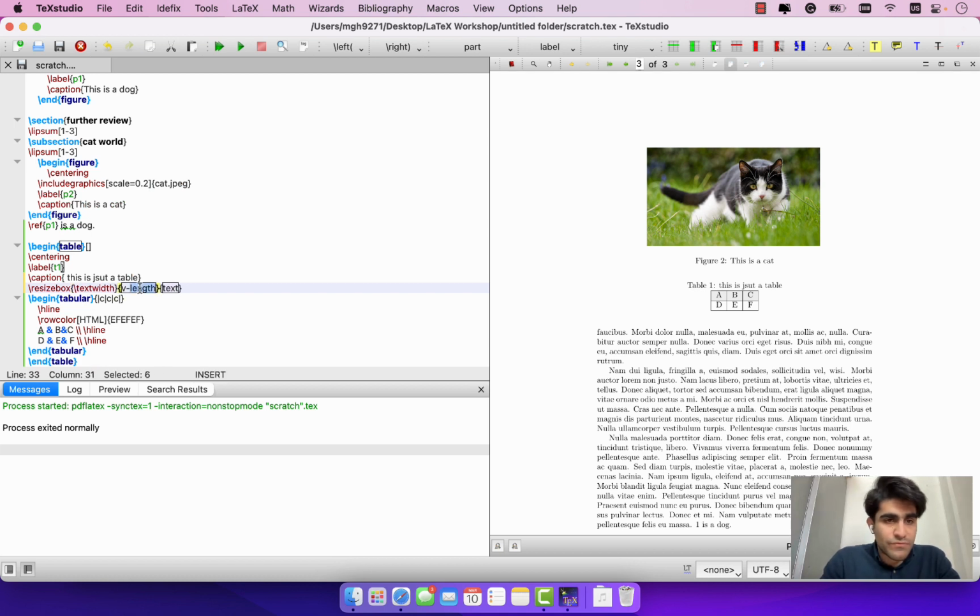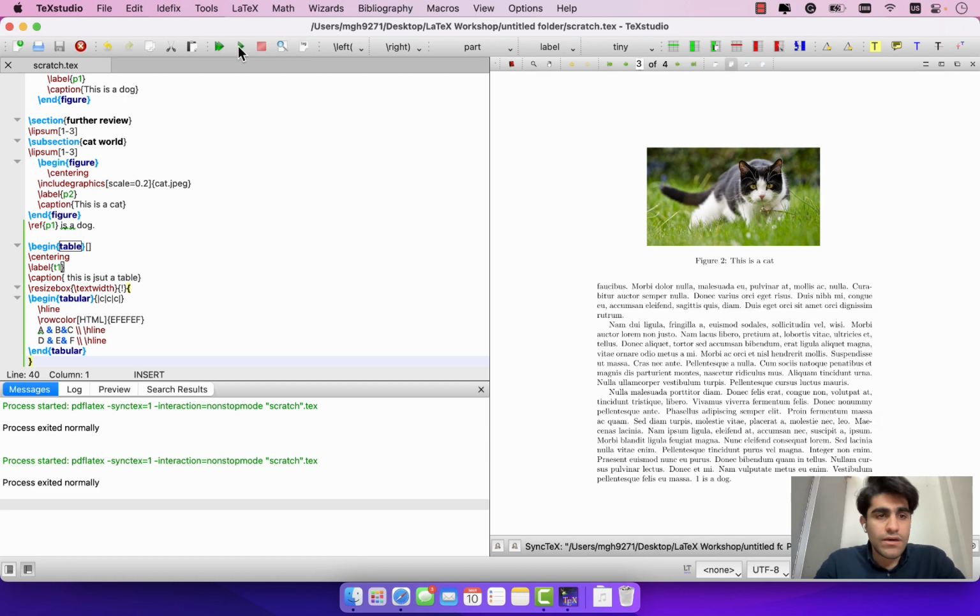Our vertical length is not important. We tell LaTeX that it can change it automatically, and in the curly brackets you can put your tabular environment, and now we can see our table